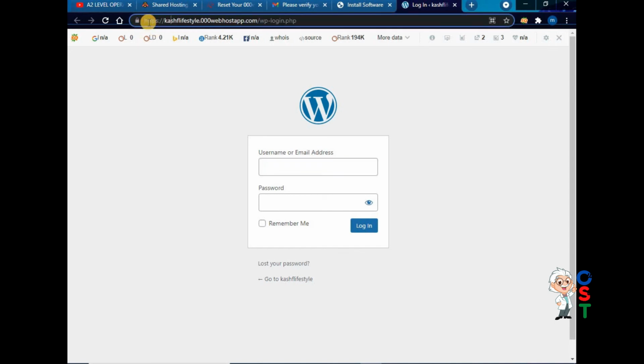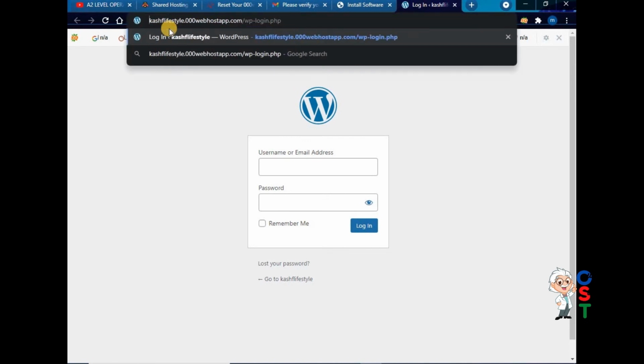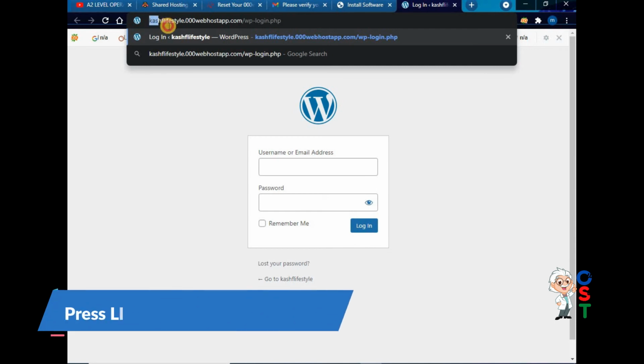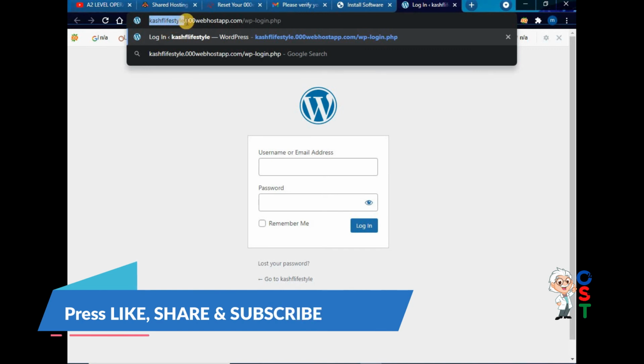This URL includes 000webhostapp and my domain which I have selected. So with your domain you will have to write dot 000webhostapp.com and backslash, and then you will write wp-admin.